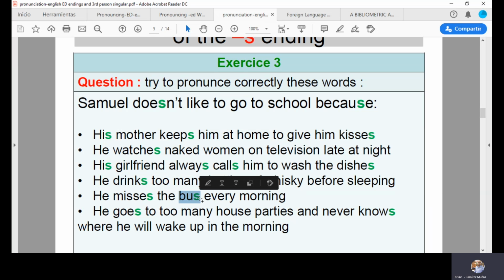bus, right? And we need to add an extra syllable here in the verbs kisses, watches, dishes, and misses, right? This one does not have a voiced sound, bus, right? Because if we add an extra voiced z, buzz, we get another word, right? We get a different word. Okay, so